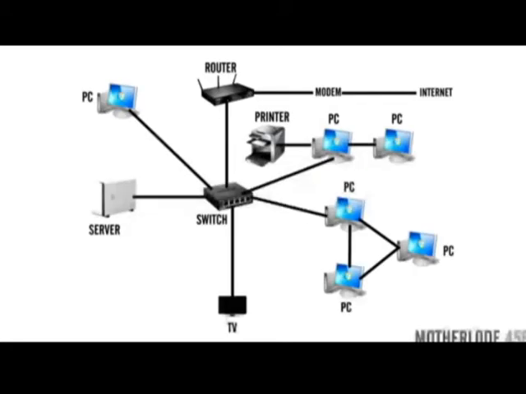This here is a basic LAN network with the switch being connected to the router and the router connected to the internet. There are multiple PCs connected to the switch along with a printer and a server. If, for example, you want to print something from this PC, it would be very easy, since every device connected to a LAN can exchange data with each other, thus making the interaction very easy.